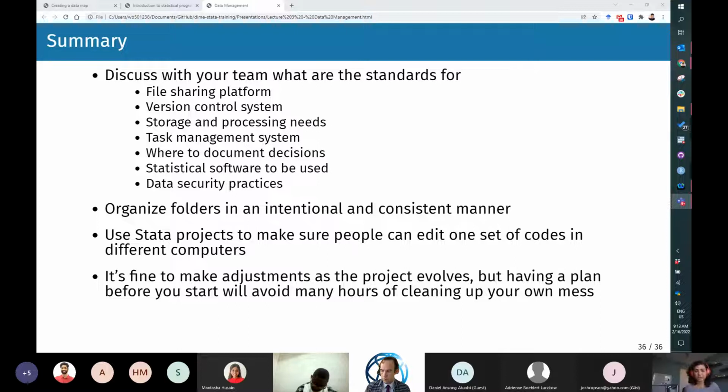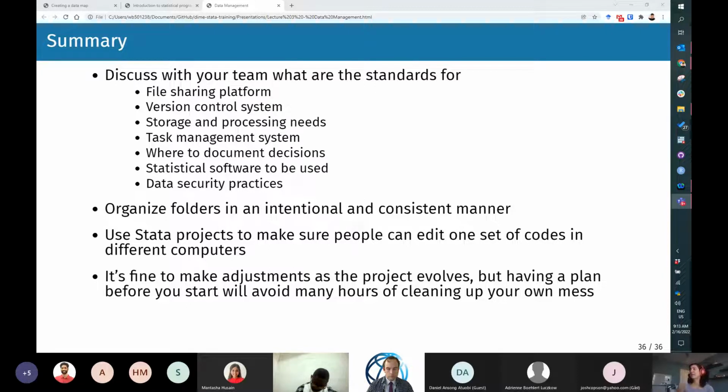But we also discussed that one thing that you can do is just add dates and initials to the name of the file, so you know who was the last person to edit a file and at what stage that particular file is. So if a file has been reviewed, then you can add your initials and the word reviewed to the name of the file to know that this is the reviewed version and the previous version was the first draft.